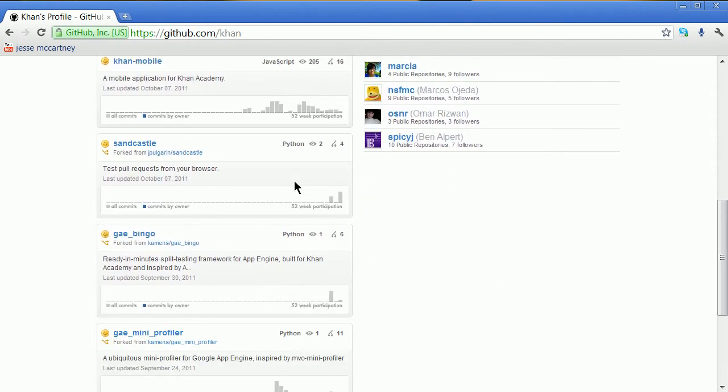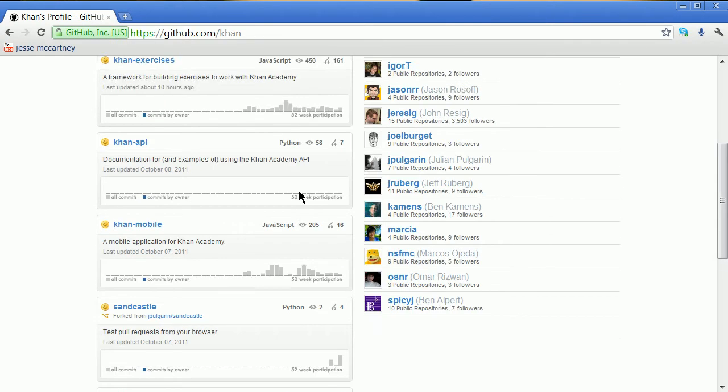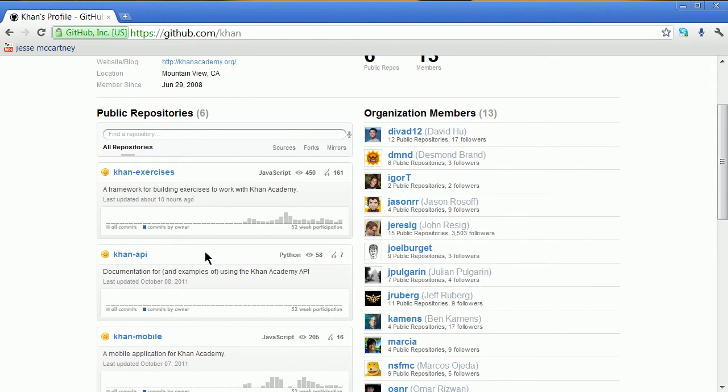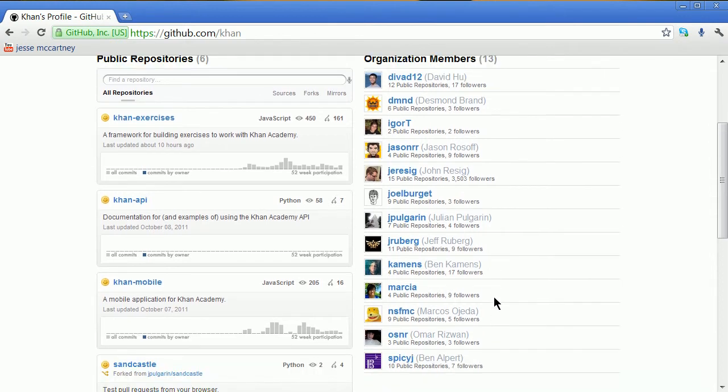A lot of big companies are using this, and you start to see on the left side some of the repositories, where they're keeping their code. You see the organization members. It's only 13 people, but there are some really innovative people doing this based on mission, not based on having a job. A lot of these people are actually interns, at places like Carnegie Mellon and Stanford. And as a rule, they are programmers.